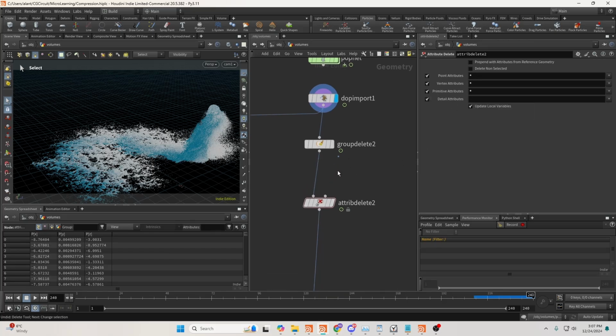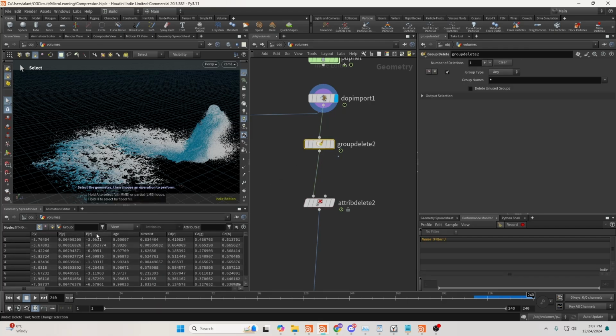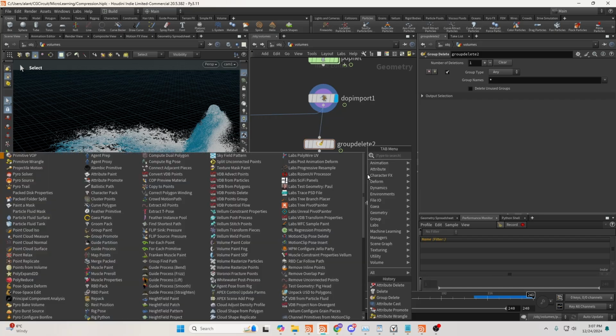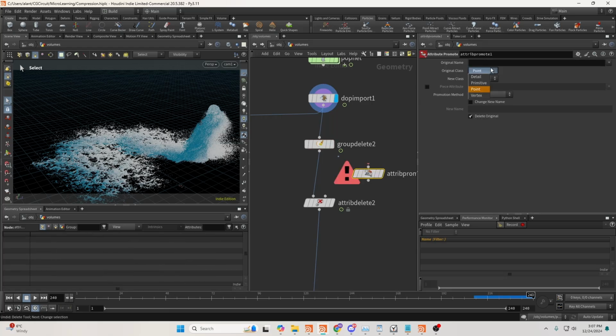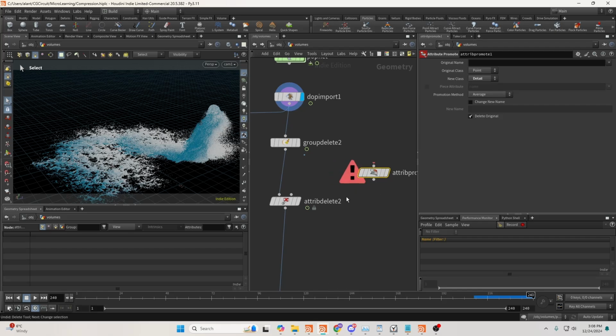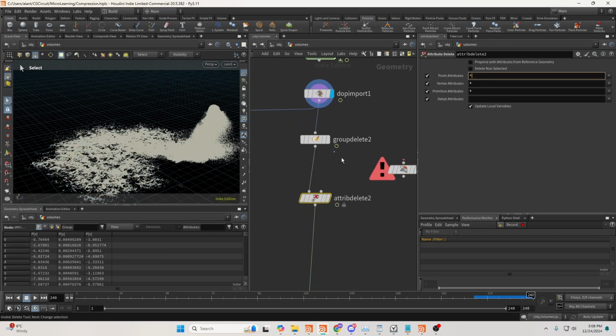And also, sometimes you may have attributes which are uniform throughout, uniform on all of the points, which usually is a pscale. In that case, it would be very useful to promote that attribute from point to detail. You essentially don't lose any data, and it's much more efficient that way. And in this case, in the attribute delete, I want to keep some point attributes, so I want to keep the velocity, let's say, the h, and the